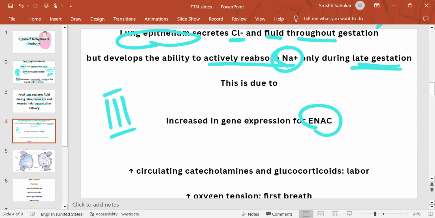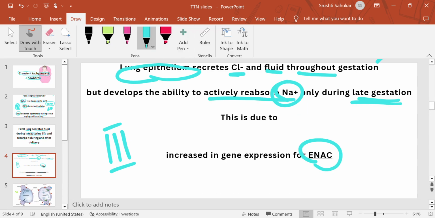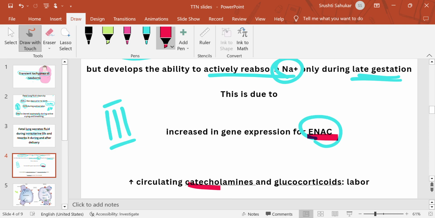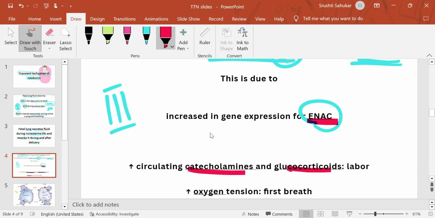And this is due to increased expression of ENaC and an increase in catecholamines and glucocorticoids during labor,